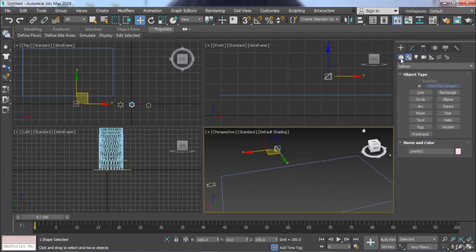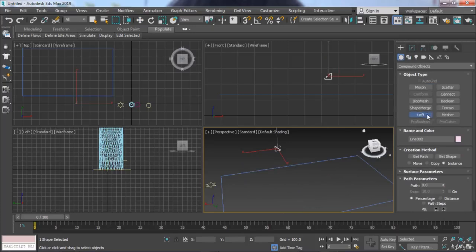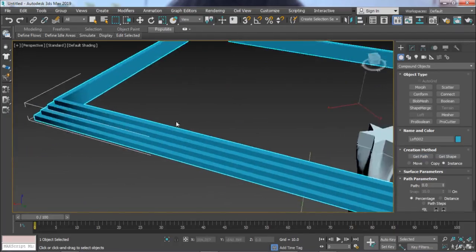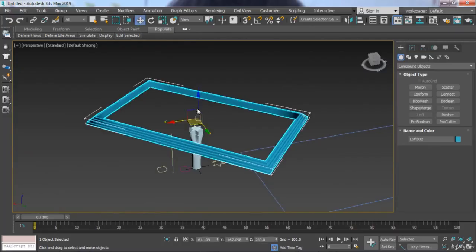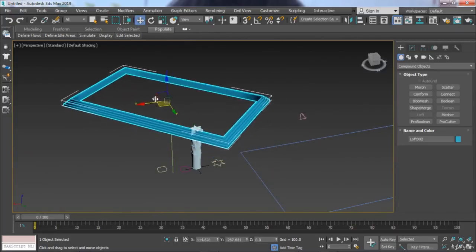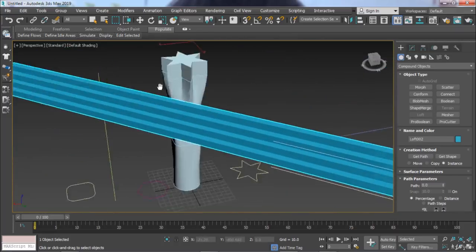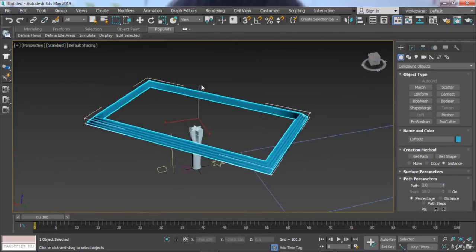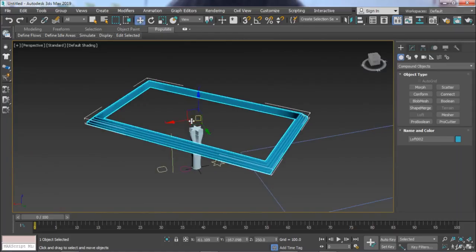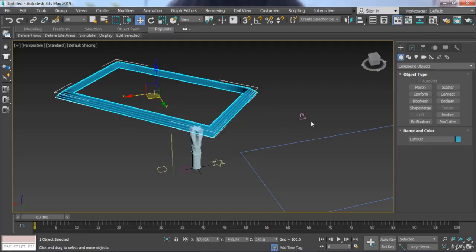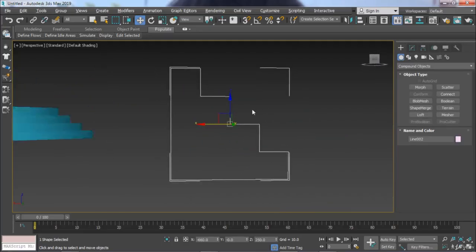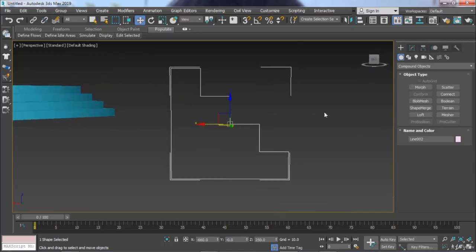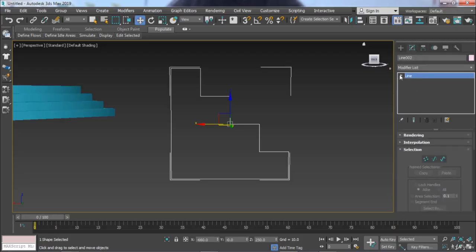and applying the loft command, get path. This is the path. Click on path and see the result. This is how you can make it easily. Also move this, and this is the shape. You can change the shape after applying the loft command, and